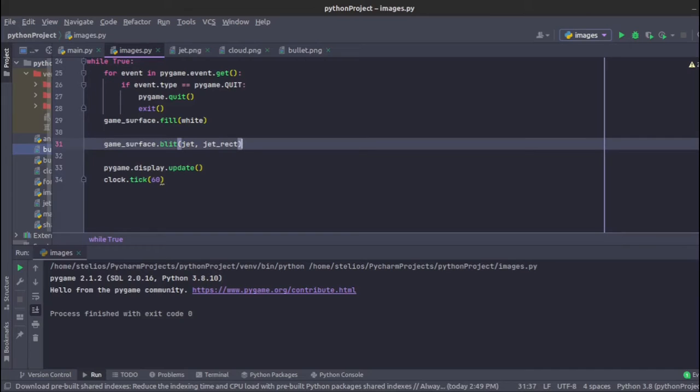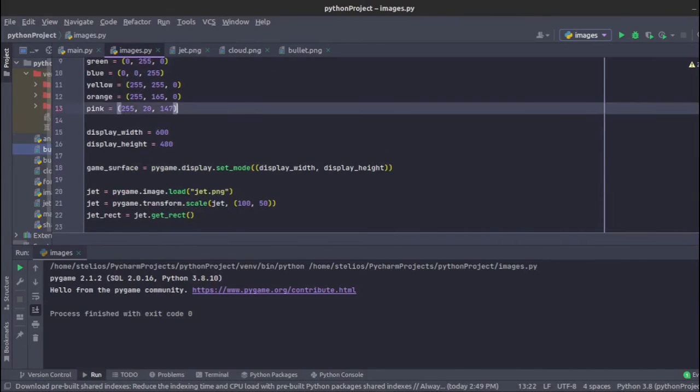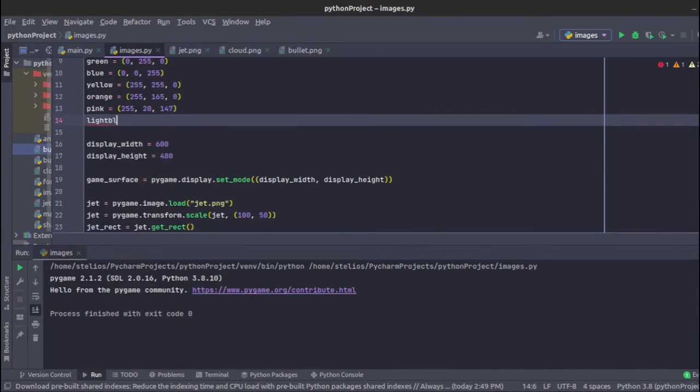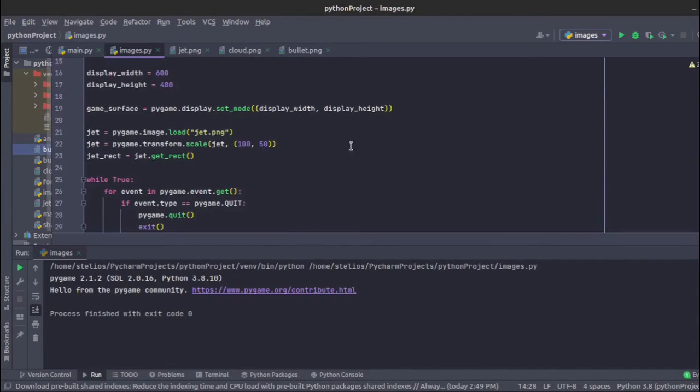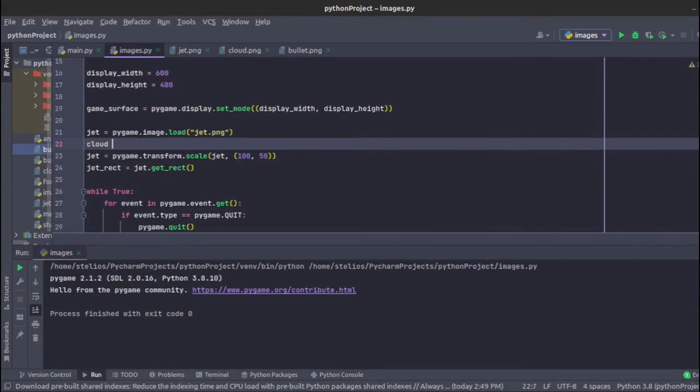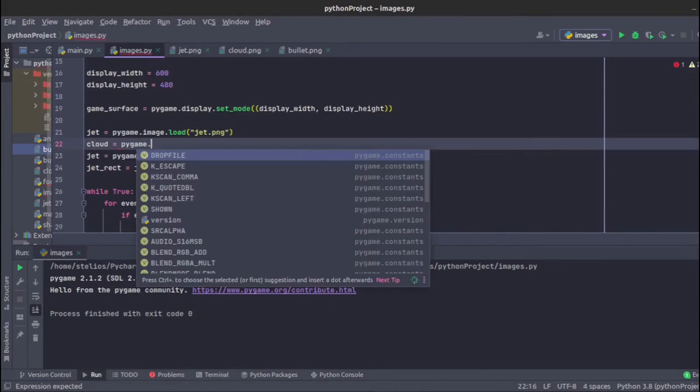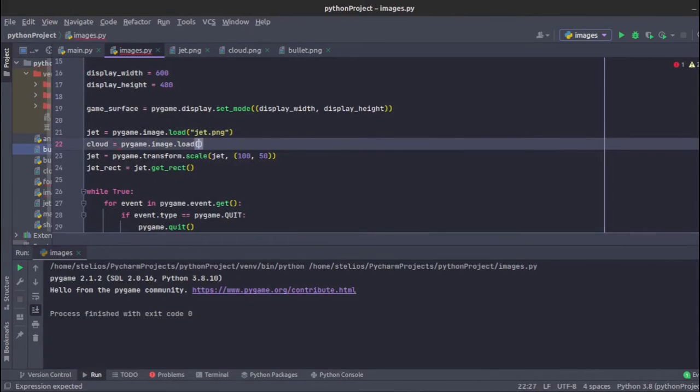So now what I want to do is I'm going to add another color here, so light blue, and the values for light blue are 135, 206 and 250. These are roughly light blue values. So next let's go ahead and define the other images as well. So let's go ahead and define cloud. Let this be equal to pygame.image.load, and this should be